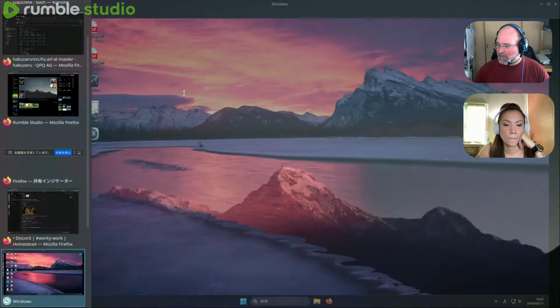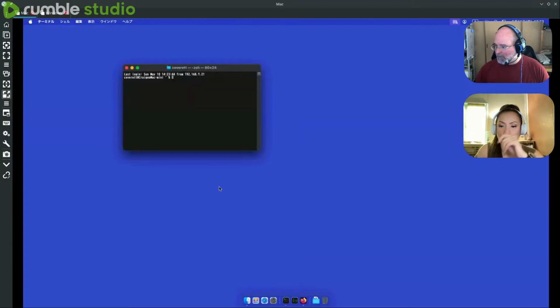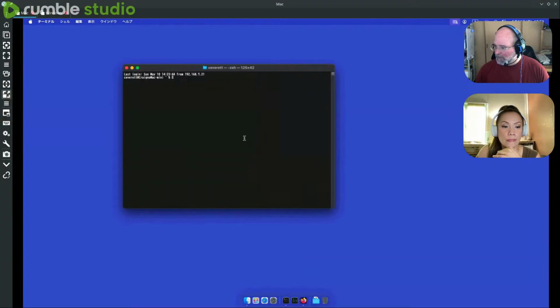Now, let's see what happens if I go to a Mac. Now, you tried this last night, and it worked for you. That's kind of small. Can I make this bigger? Does it work to do this input on here? I don't know how. Is that too small?